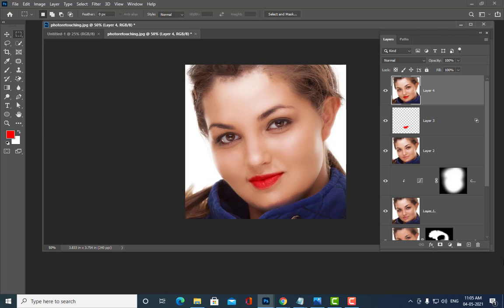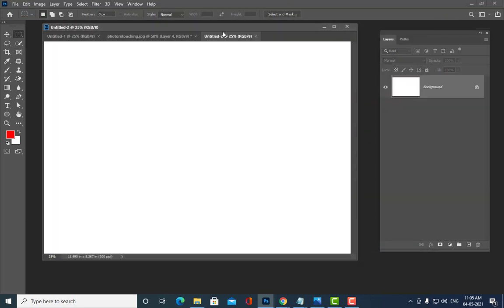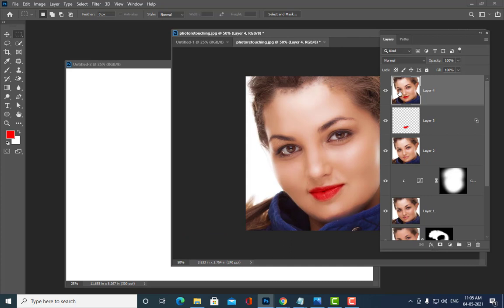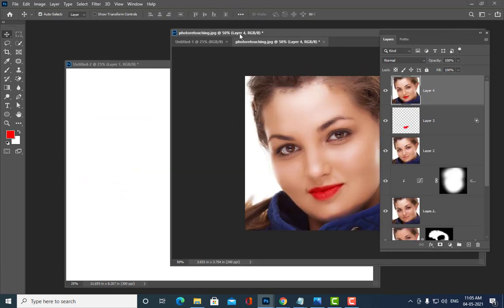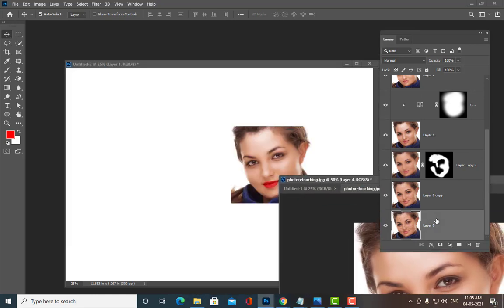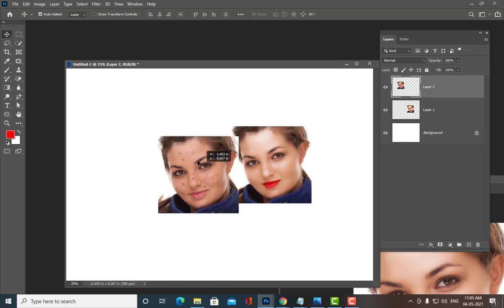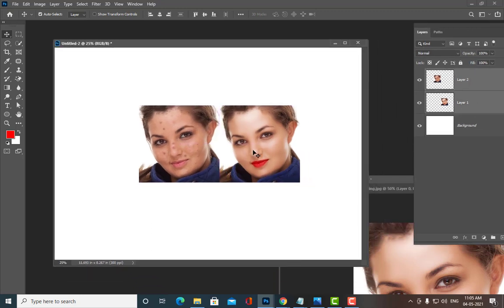Right. Okay. So now we have completed our task of photo retouching. So we will do one comparison now. I will take one new document, a landscape document, and then I am going to drag this, and then I will also drag this. See how much change we are able to bring.